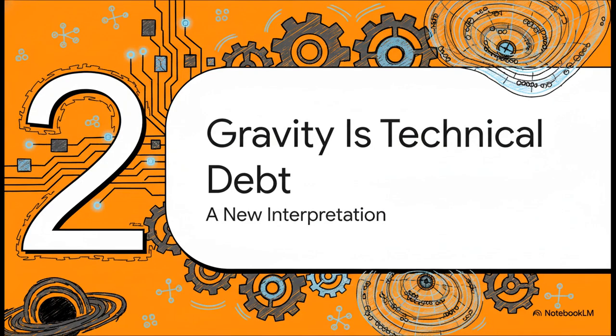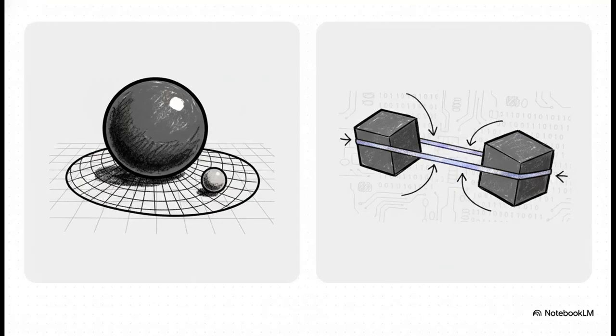All right, now let's see what happens when we use this model on something we all feel every single day. Let's talk about gravity. Because if the universe is a computer, then gravity isn't a force. It's what programmers would call technical debt. And this comparison right here shows you just how big of a mind shift this is. In the classical view, mass curves space-time, and that's gravity. But in the Nexus view, gravity is the computational tension between 2 points.